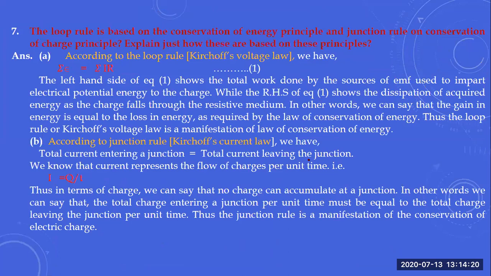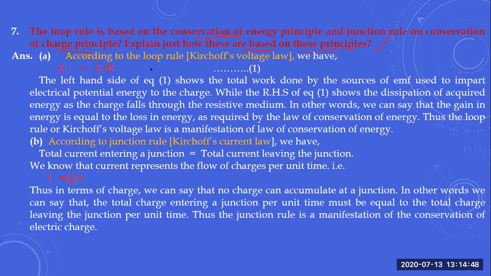Here it is. The loop rule is based on the conservation of energy principle and the junction rule on the conservation of charge principle. So here it is, conservation of energy and conservation of charge. To explain just how these are based on these principles,